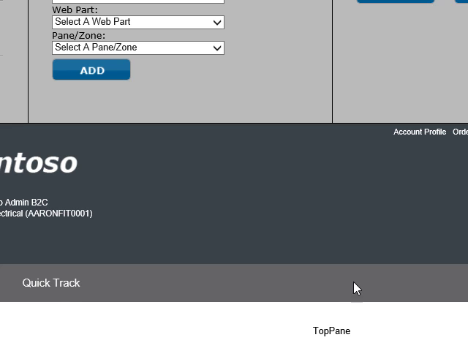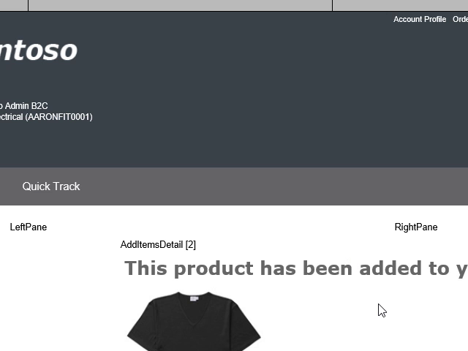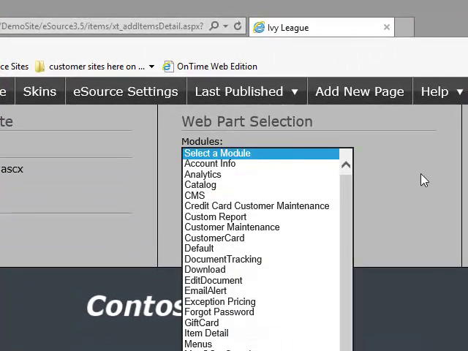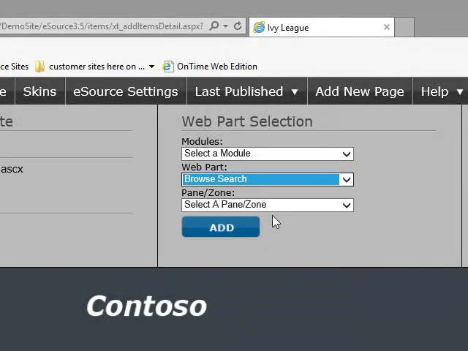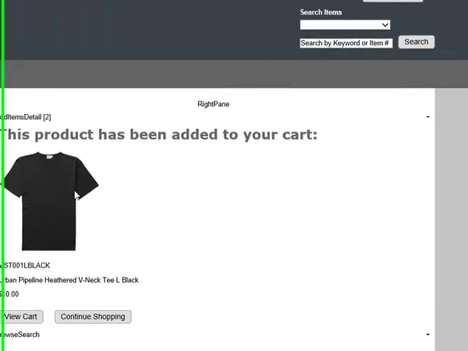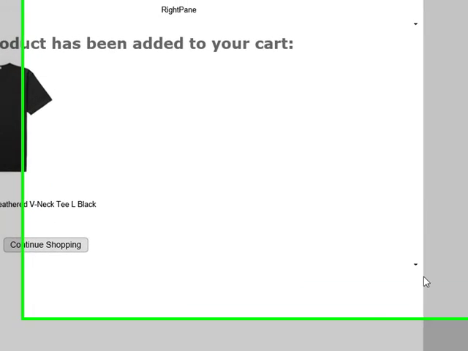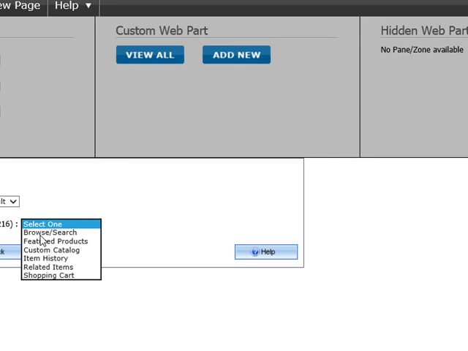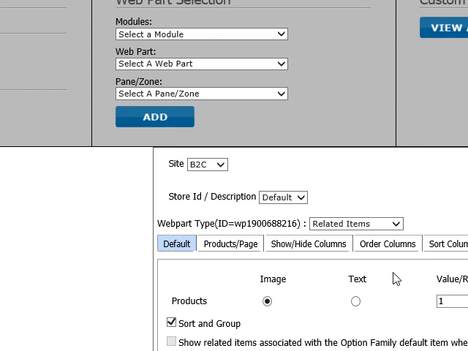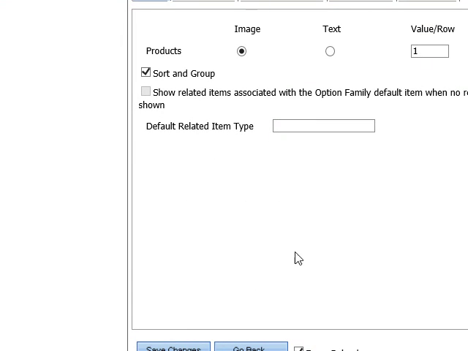If I add it to the cart, there's another second page that shows up that says this item's been added to the cart. This is probably another place where I would want to put my related products. So I put a browse search web part, and I'm going to put it underneath here, drag it down. I'm going to go to the settings, and it's of type related items. It's going to carry the same exact settings. You can't make the settings different on the item detail page than you do here. So save settings,